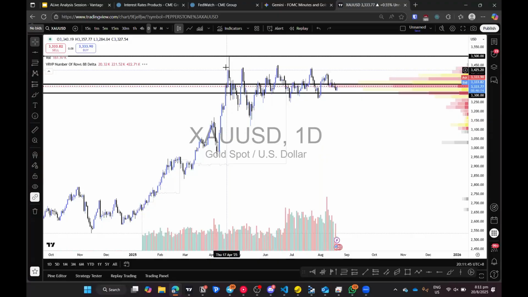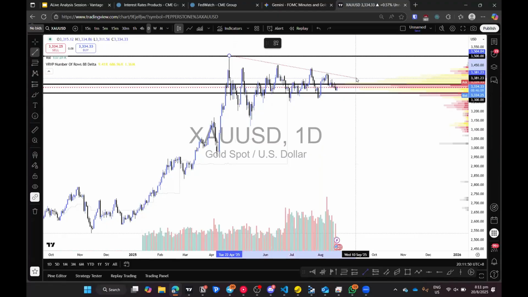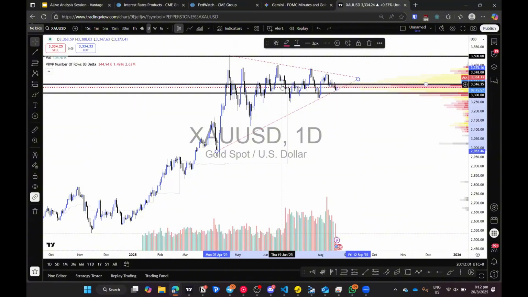We have mentioned a lot during our earlier webinars, but the key thing here is the flag that was created. This very indecisive move within the range started from April. And again, this was where the tariffs happened, 9th of April. Once the tariffs were announced, money flowed out of equities into gold, and then a quick retracement once money went back into the stock market.